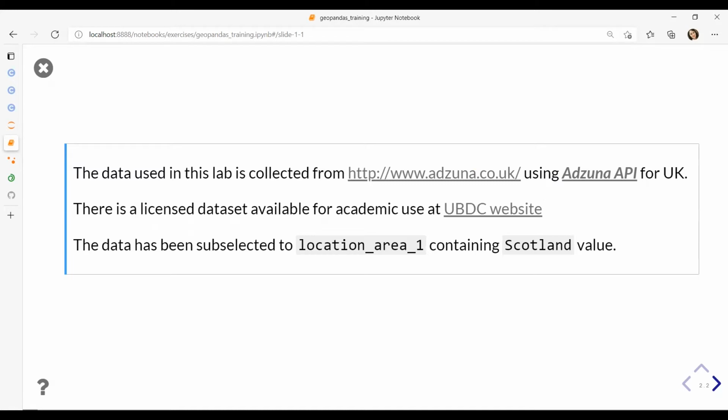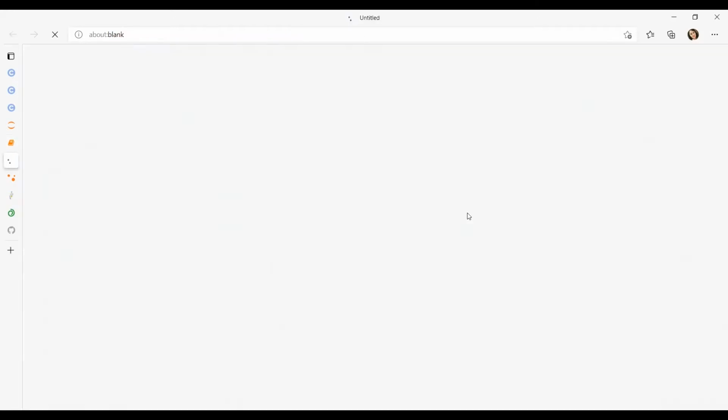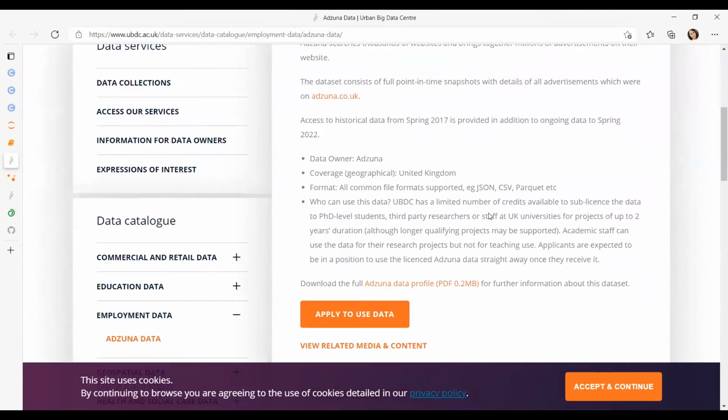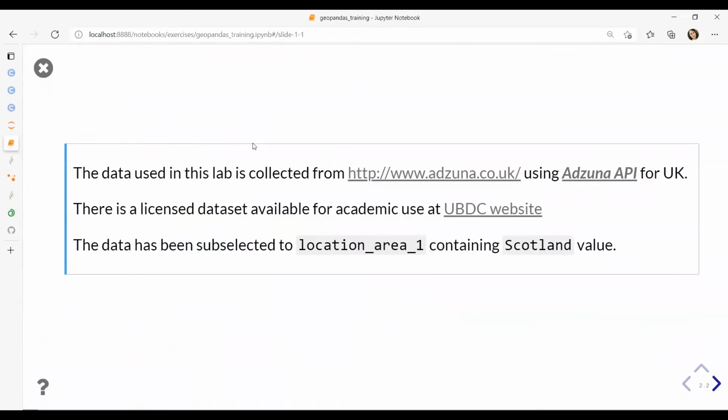I would also like to introduce a licensed dataset available for academic use at the Urban Data Center website. So this dataset is clean, deduplicated. The only thing is you would need to apply for data to get access. So the difference between these two datasets is that one is open. It's messy, let's say, due to its nature of scraping, but there's work that could be done with it to derive insights.